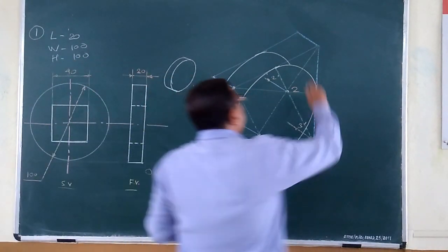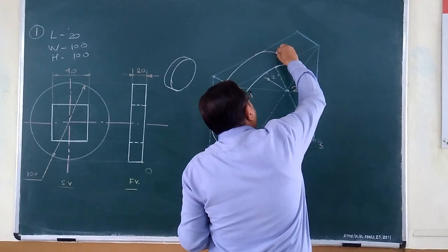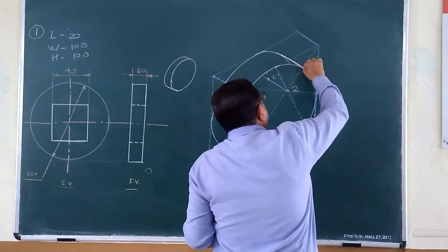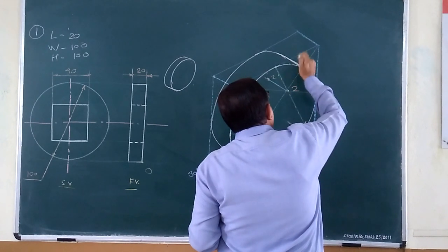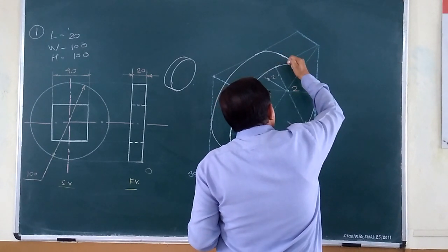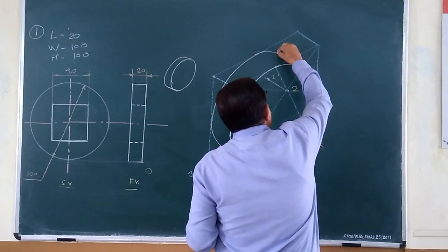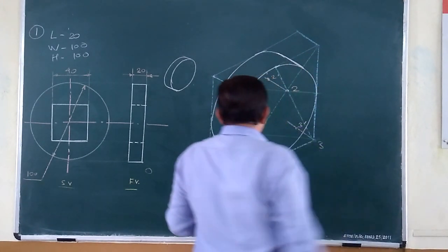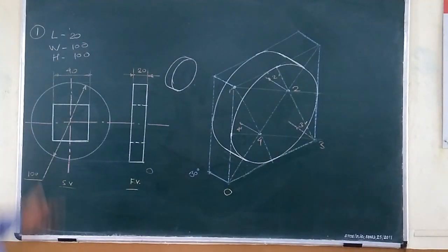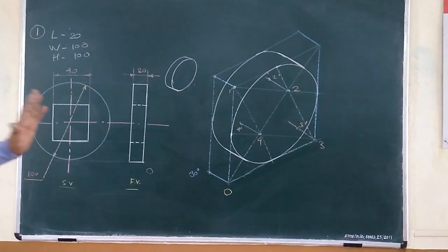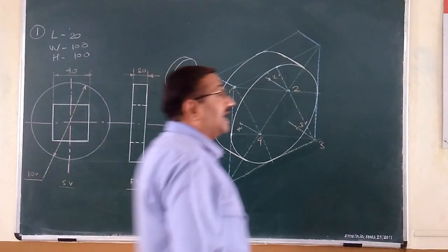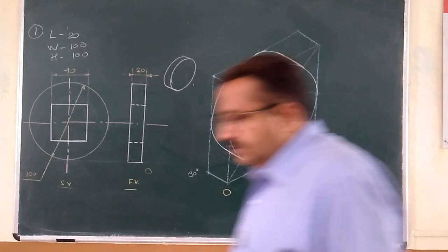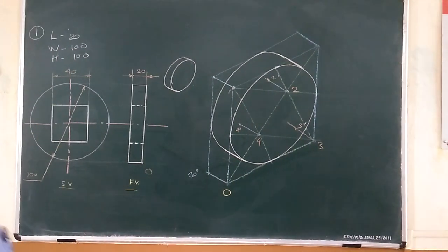The same effect you have to use on that side also. Here also, connect both the crests initially by a common tangent, and after that you have to erase this extension. So now this is giving us exactly a 20 thick circular plate. In ortho it is appearing as a circular plate, and it is reflecting its image as an elliptical plate in iso. Okay, so 80% work is over, 70 to 80%.